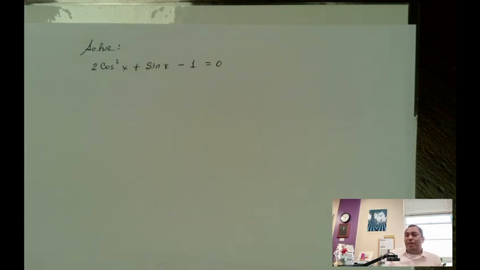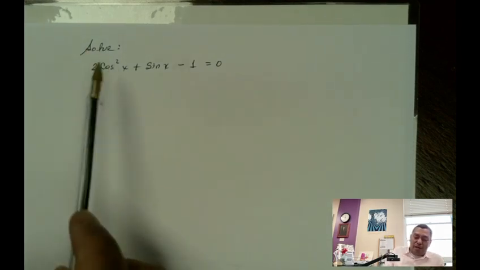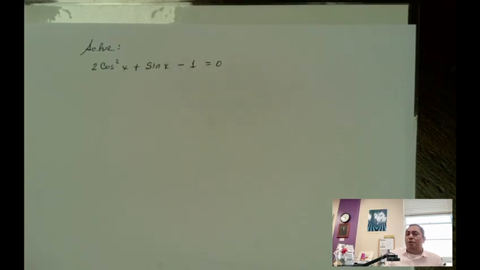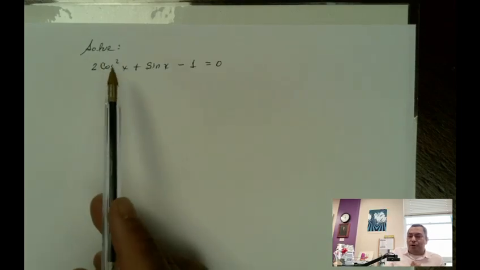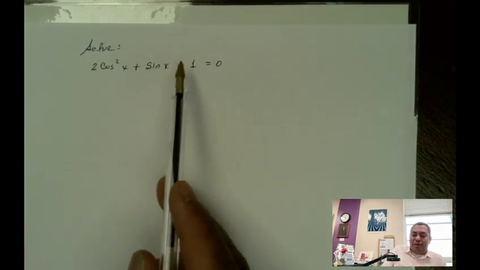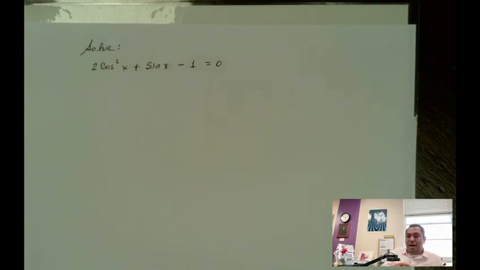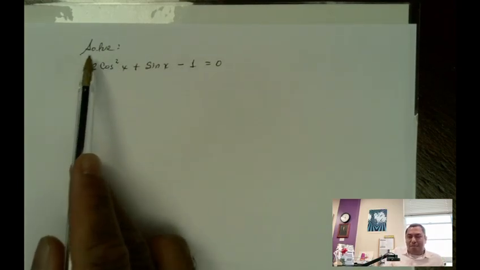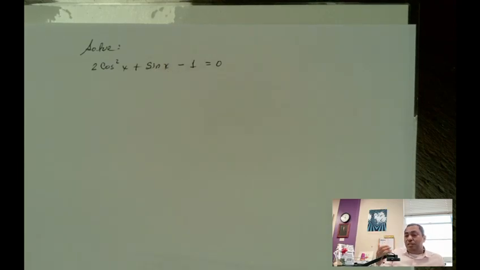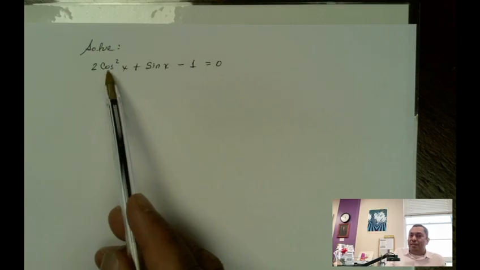So the following problem that I have is: solve 2 cosine squared x plus sine x minus 1 equals 0. In this case, my first step is making sure, if possible, that all my trigonometric relations are going to be sine or cosine. In this case, I have a cosine squared and I have a sine. So based on experience and all the problems that you've been solving, you're going to identify the cosine squared to